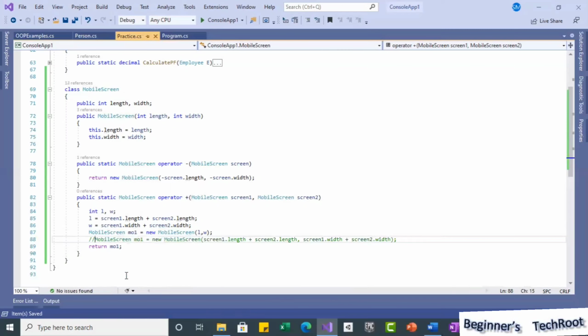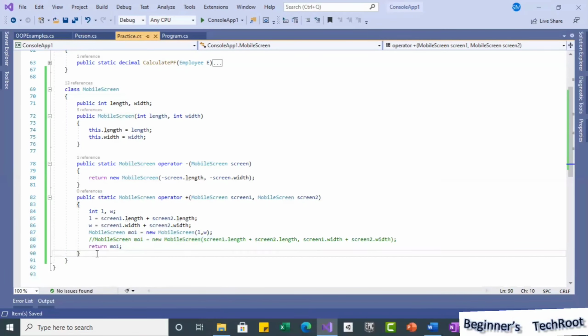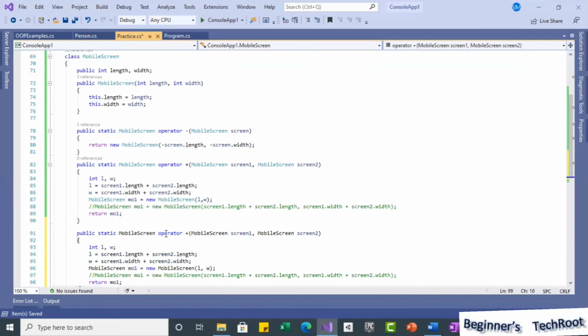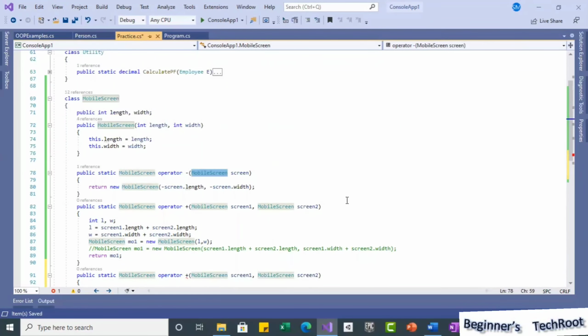So now I'm commenting that. So now this is ready. So we will see in the programming how we can call these operator overloading methods, whatever we defined. And also, as I mentioned, in a unary only one parameter, so definitely that should be the same type as the class.